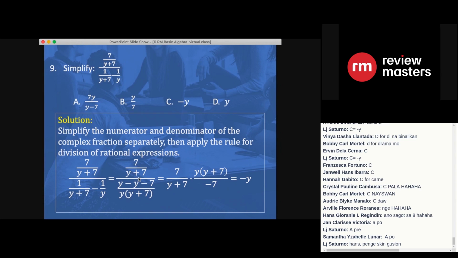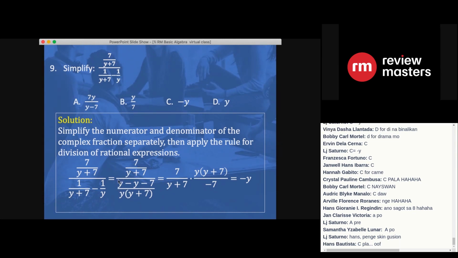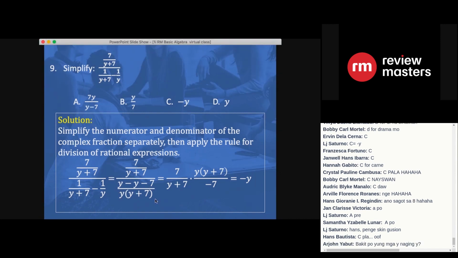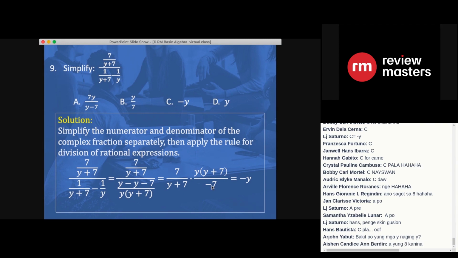7 over y plus 7 times the reciprocal of this one. Okay? So, 7 over y plus 7 times the reciprocal. So, itong denominator mo, naging numerator na siya. Y minus y is 0, natira, negative 7. Okay? And then here,